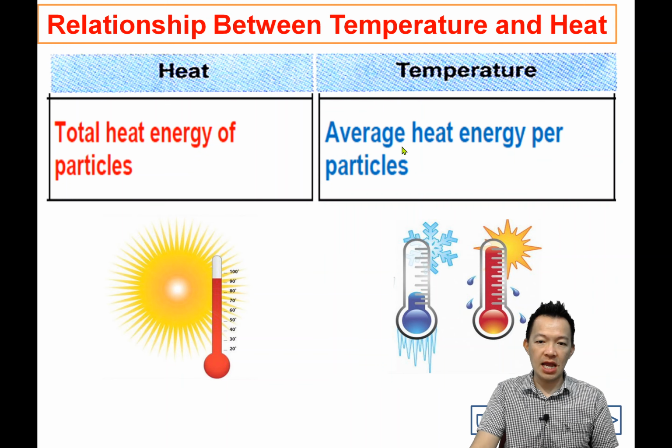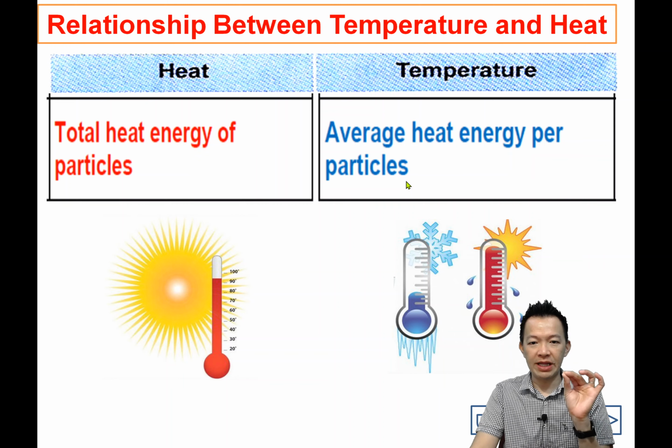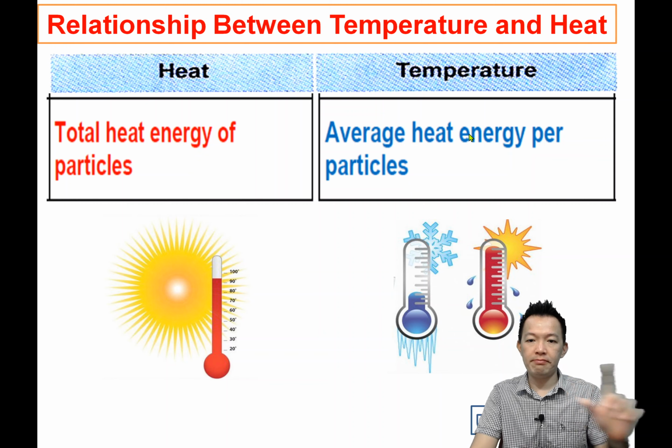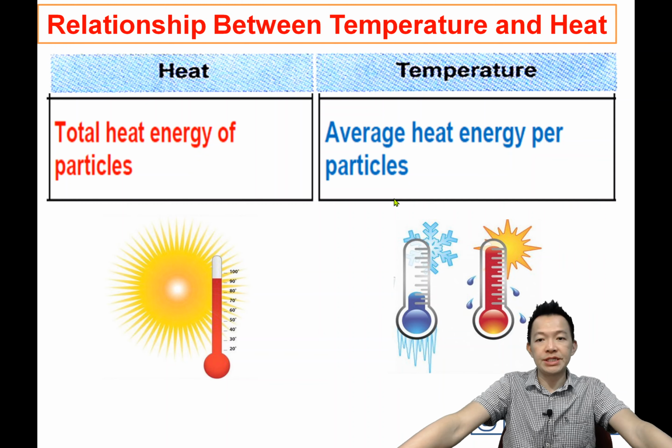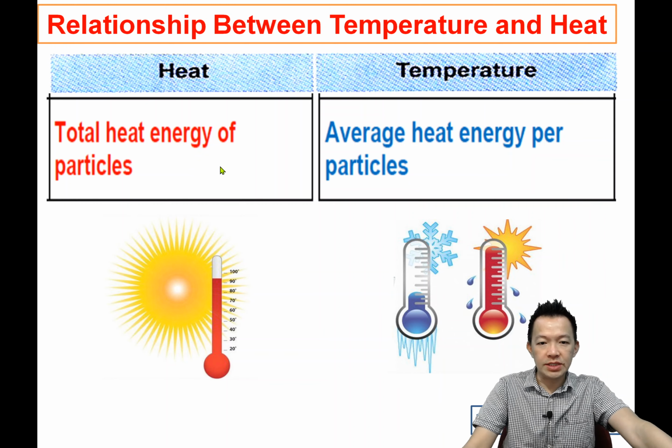And temperature is the average heat energy per particle, 就是平均每一粒 particle 它拥有的热能是多少。